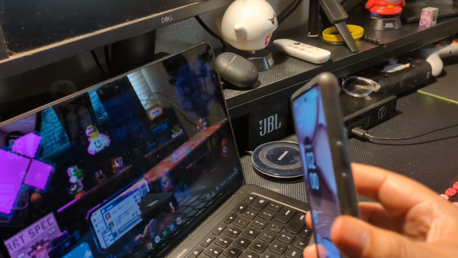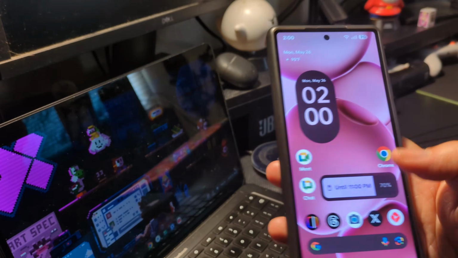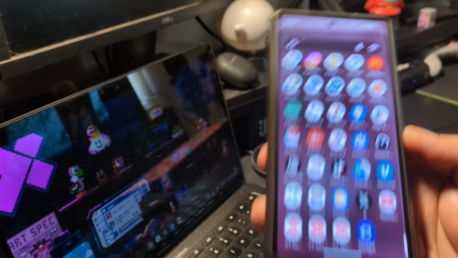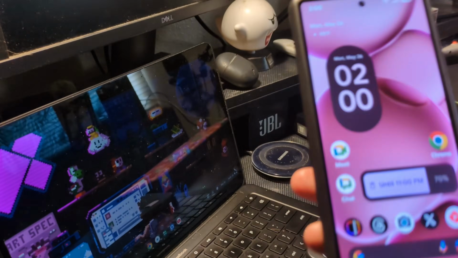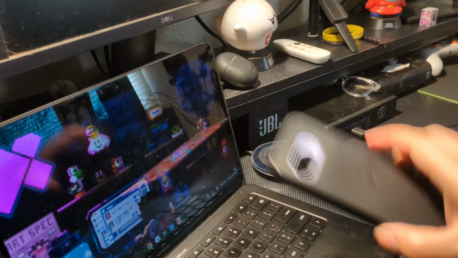Audio quality, decent on both of these devices. They both play sounds pretty good, so I will point that out. And if you're playing light games like Pokemon Go and Angry Birds and stuff like that, they both do fine. The only real difference I've noticed between the Pixel 6 and the Pixel 9a is the network